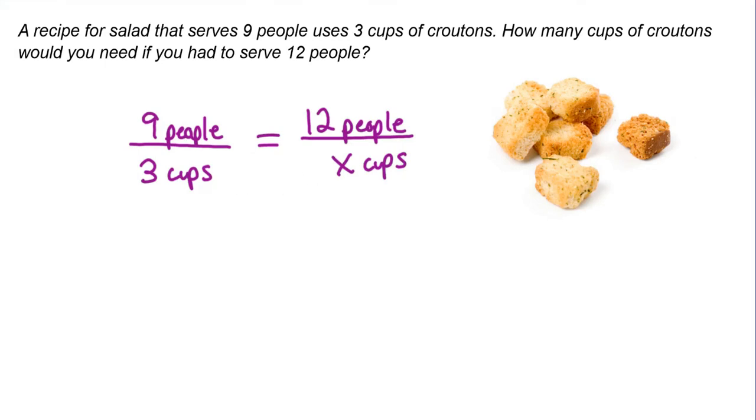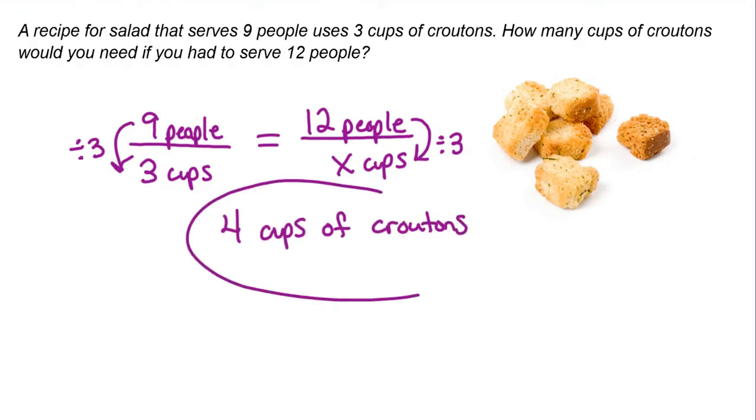As long as they're the same, they'll be fine. Here there's a nice vertical relationship, or within ratios, 9 divided by 3. If you take the number of people and divide it by 3, that tells you how many cups of croutons you'll need. So 12 divided by 3 would tell me how many cups I need for 12 people, and 12 divided by 3 is 4. So it would take 4 cups of croutons